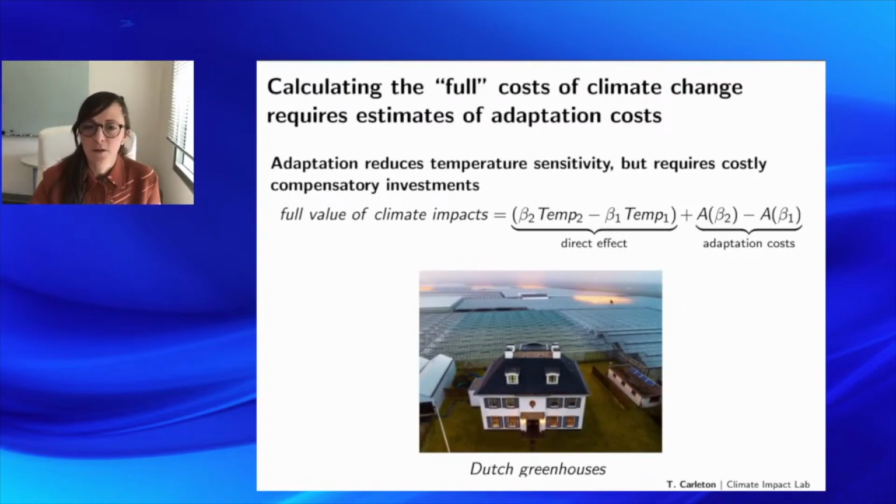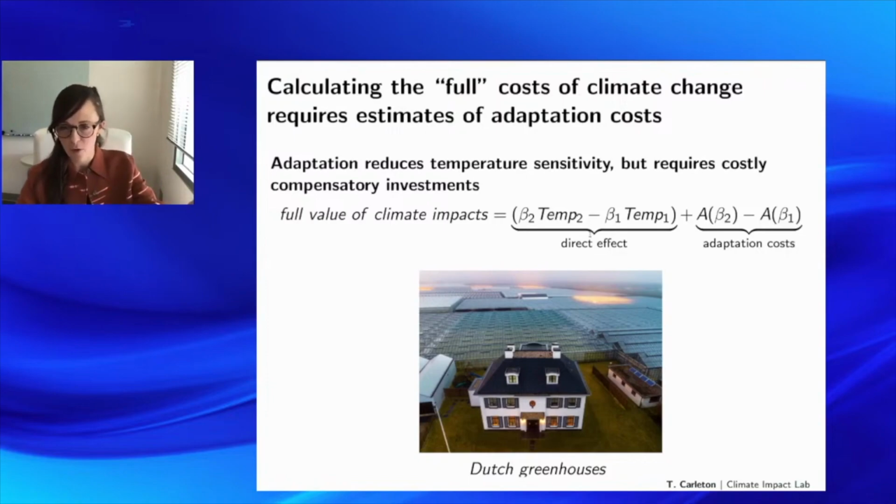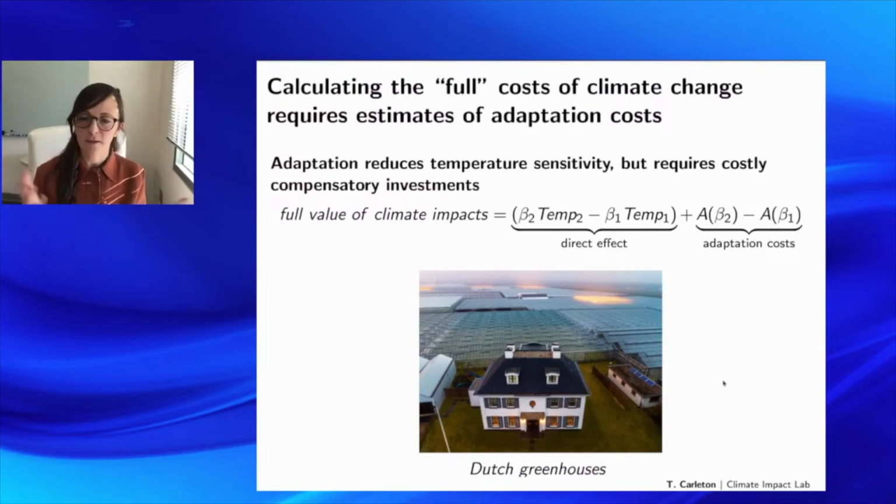So the idea here is that the full value of the climate impacts that we want to measure are not just the impacts from temperature hitting your outcome of interest, but also whatever adaptation you incurred to change your sensitivity from some original sensitivity we can characterize heuristically with beta 1 to a future sensitivity beta 2. For example, if we want our agriculture to look like it does in Holland with these highly insulated greenhouses that very closely control the climate, we're going to have to pay for the energy and infrastructure to achieve that